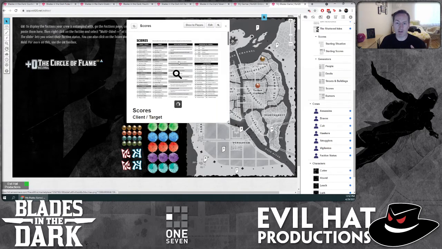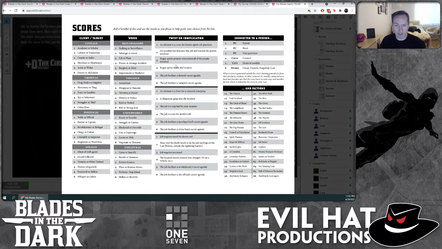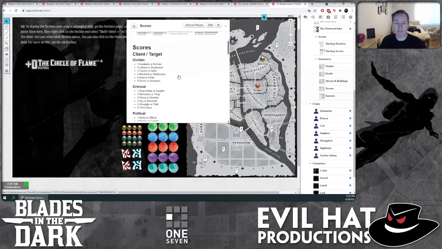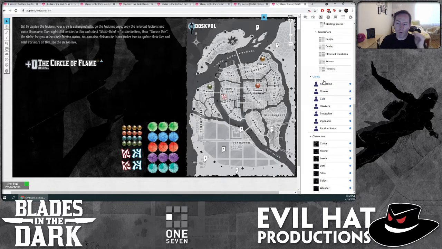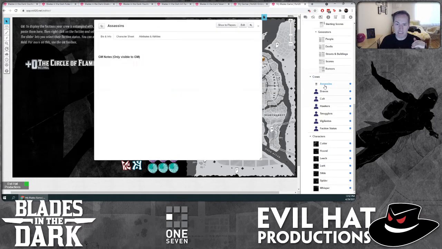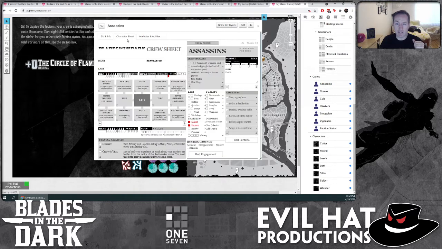And again, we have both the full-size page that you could pull up, but if you want the text, we have it there as well. So you can copy paste that text as needed. Then we have one crew set up for every one character sheet set up for every crew. So for instance, if you're playing assassins, you can go here, click the character sheet,